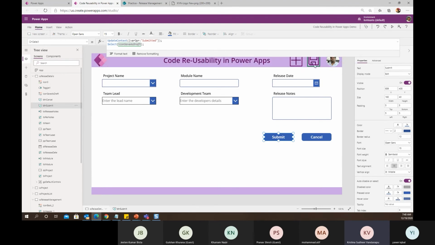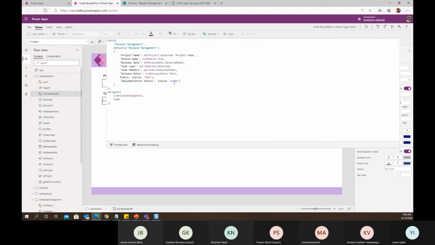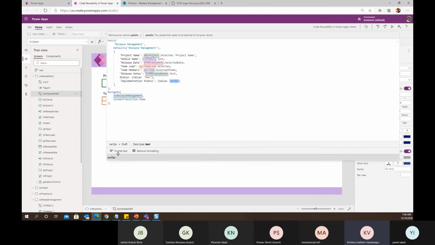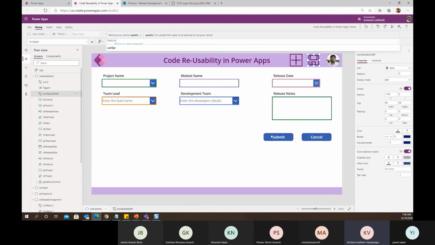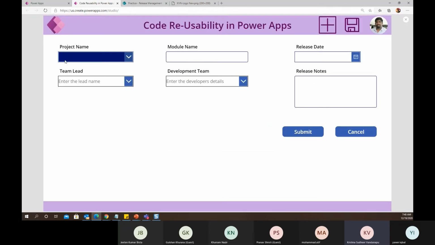I have added code to submit the data with the variable var operation. In var operation, I am saving by default as a draft. If I want to add a record with the status as submit, I update my variable and then select my icon. So what happens if I do that now is module 2.